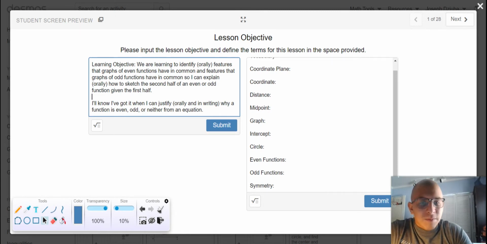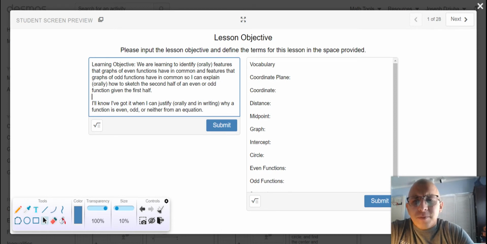Here is our vocab, as you can see, pretty lengthy. We're learning to identify orally features that graphs of even functions have in common and features that graphs of odd functions have in common. So I'm going to explain orally how to sketch the second half of an even or odd function given the first half. I'll know I've got it when I can justify orally and in writing why a function is even, odd, or neither from an equation. The bulk of that will happen in our part 2,